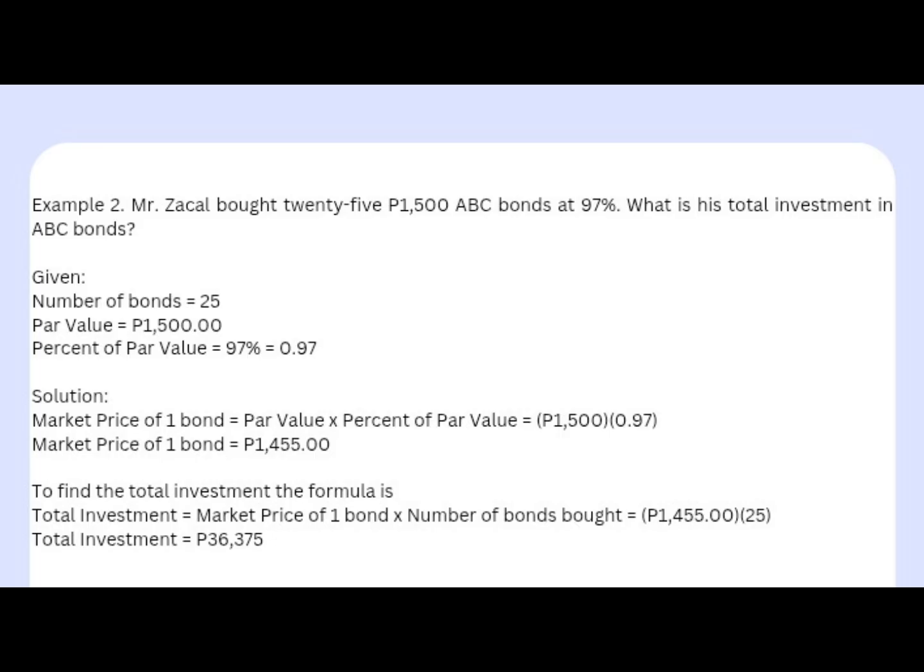Example number 2. Given, number of bonds is 25. Par value is 1,500.00. The percent of par value is 97%, or 0.97. Solution: market price of bond equals par value times percentage of the par value. We multiply the two, 1,500 times 0.97. The answer is